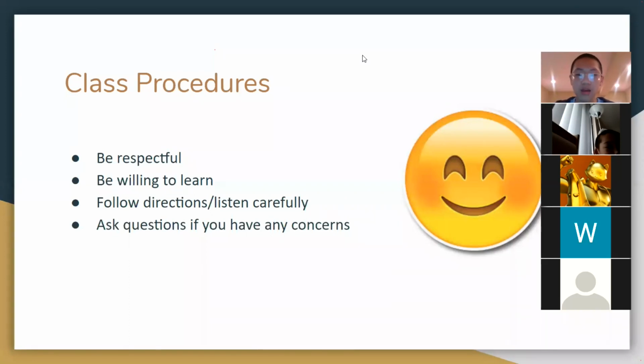In regards to enforcing these procedures, if you aren't respectful, for example, commenting inappropriate stuff in the chat or speaking inappropriate things, I can kick you guys out and also enforce other rules like that.